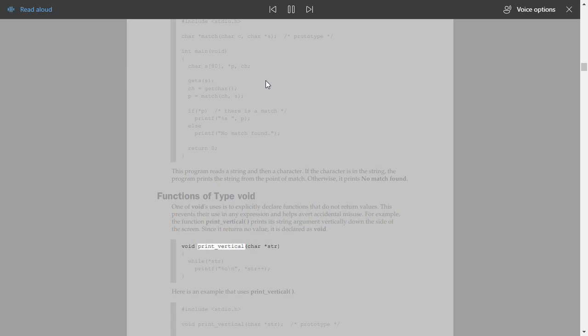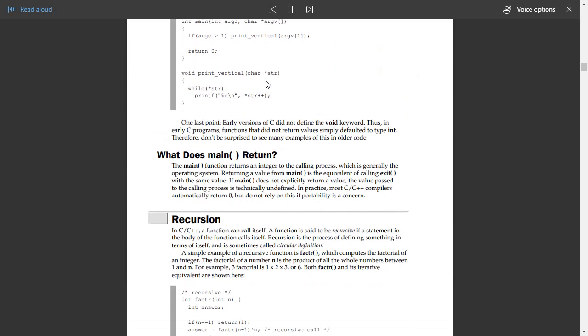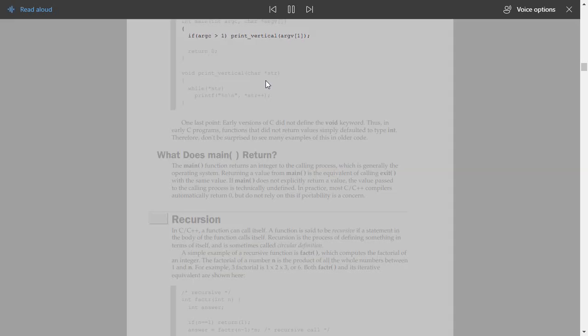void print_vertical(char *str) { while (*str) printf("%c\n", *str++); }. Here is an example that uses print_vertical. #include <stdio.h>. void print_vertical(char *str); /* prototype */. 152 C++: The Complete Reference. int main(int argc, char *argv[]) { if (argc > 1) print_vertical(argv[1]); return 0; }. void print_vertical(char *str) { while (*str) printf("%c\n", *str++); }